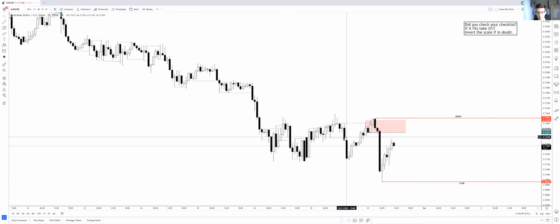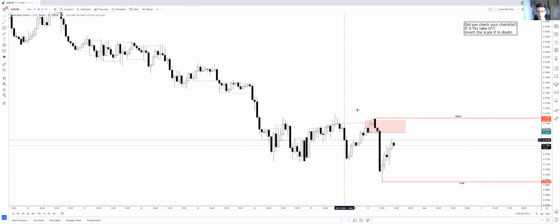Then we broke the low, clean close, got a really nice push to the upside, so a continuation. Clean close also, just a really small wick. So I was looking for a bullet reversal here at this level because we had this ascending structure and because we had this really clean push to the downside. So the fact is that we are currently in a range, in a flat range, but this